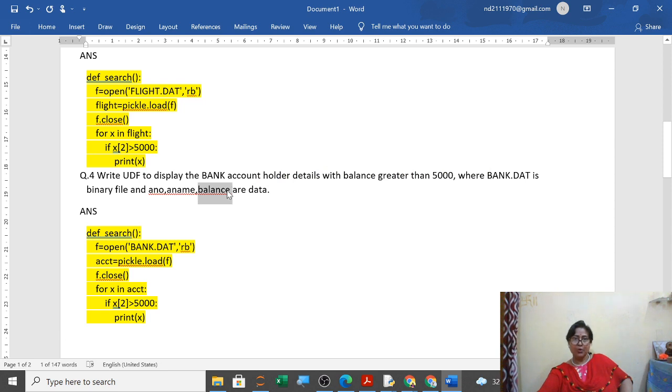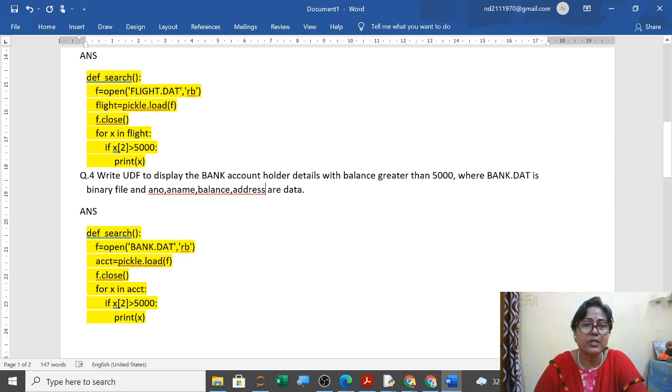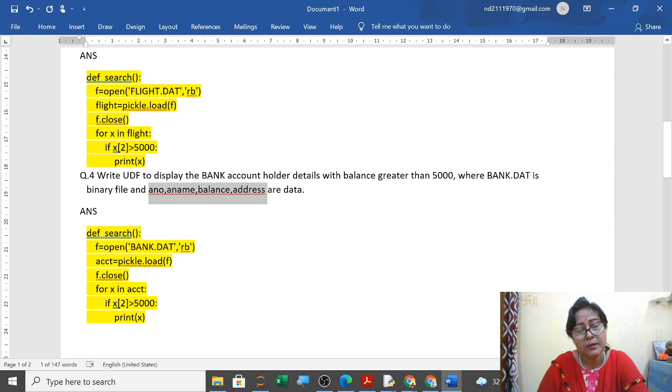If suppose some more data are given other than balance, also suppose the address of the account holder is given, and you are asked to search with the address, then 3 you have to write. So 0, 1, 2, 3. This is the method. I think it is the shortest method to search any record in a binary file, dat file. Any doubt?